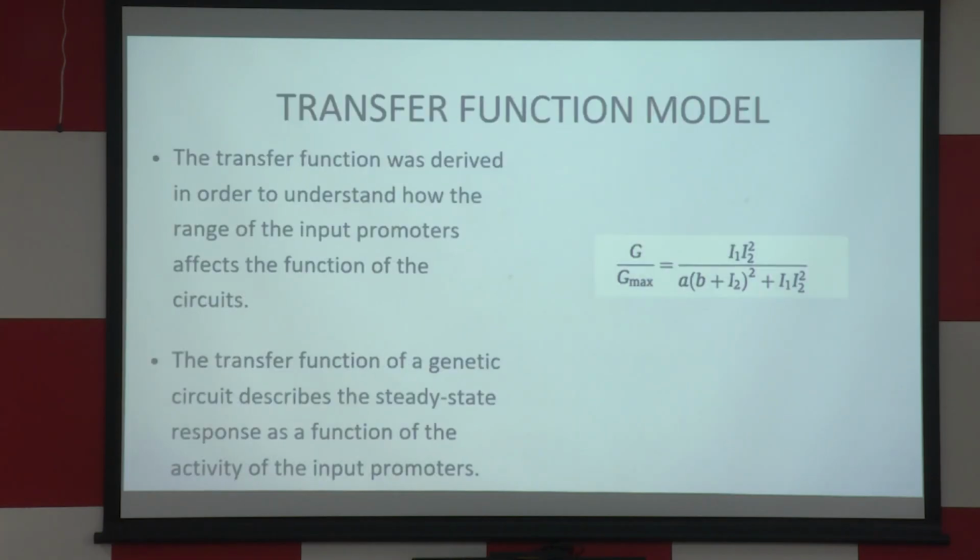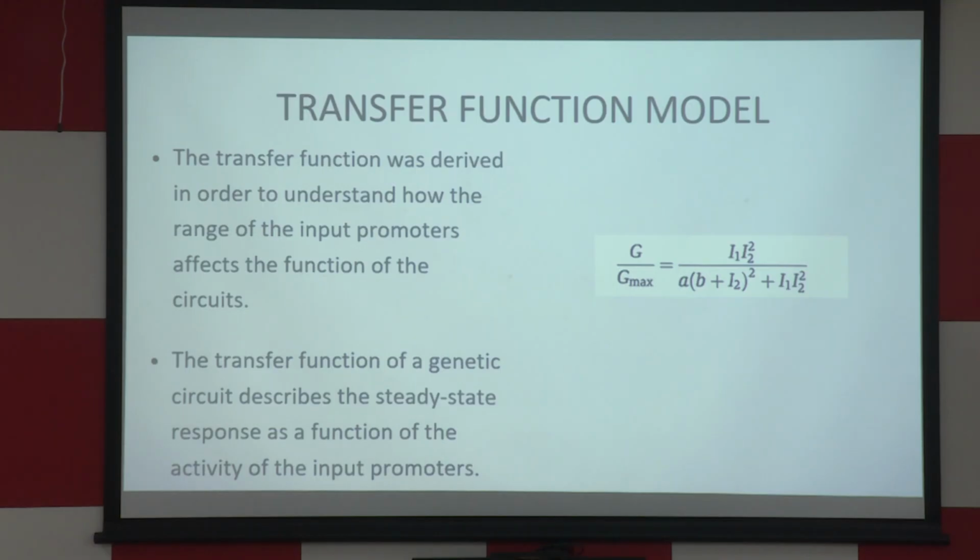and make it a perfect AND gate. For the transfer function, they derived a mathematical equation, a model, with the help of which we can discuss the equilibrium state and steady state of this circuit. So it was the equation G by Gmax, with I1 and I2. I think they didn't clearly mention what these I1 and I2 are; I think these are the concentrations of inputs. G by Gmax, where Gmax was the maximum fluorescence intensity we got, and A and B